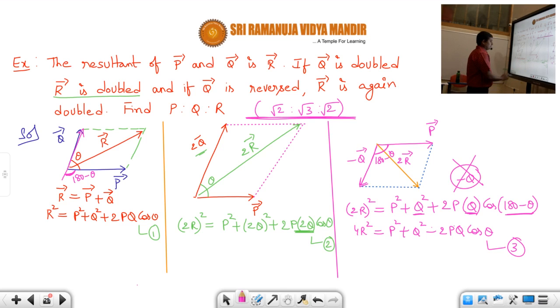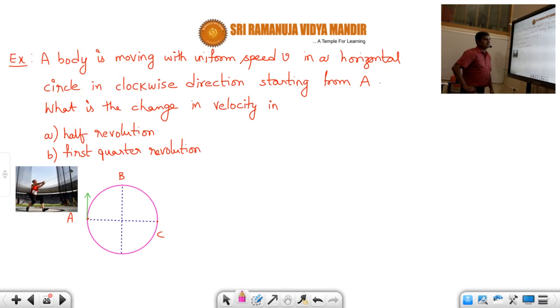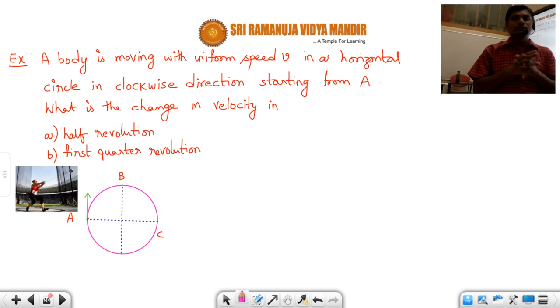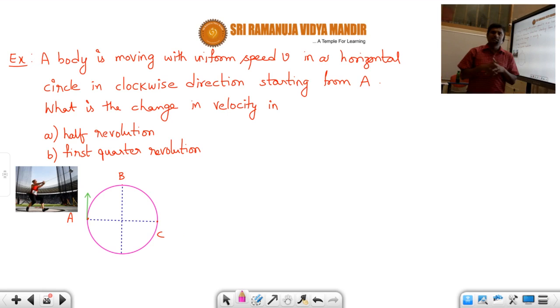Okay, so next, students, the next problem is the actual application of where we use this addition and subtraction of vectors. Addition we can already see very easily. Suppose let us say there is a block, one person is applying one force in one direction, another person is applying another force in another direction, both the directions are perpendicular to each other, then we know physically that the net direction would be the direction in between. According to parallelogram law we can calculate.